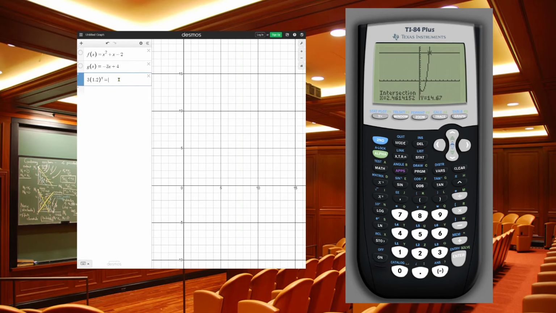However, we should write it in the same way, carry forth this practice that we set up. Y equals 12 and y equals 3 times 1.2 to the x. We'll see where they intersect. Again, it's 7.604. If you do need more degrees of accuracy,